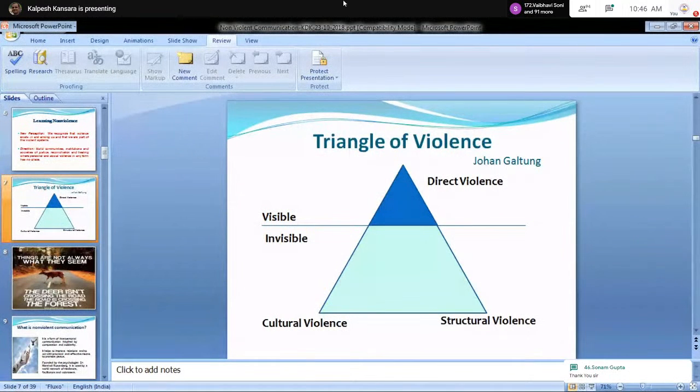Yes, sir. Yes, I would further elaborate on this nonviolent communication. This is the triangle of violence that you are watching on the screen right now. This is how violence in speech or in action, direct violence is visible only around 25%, and the remaining 75%, which is invisible, cultural or structural violence, that leads to problems. So you have to be very careful about your speech and action when you are dealing with people, and it's always